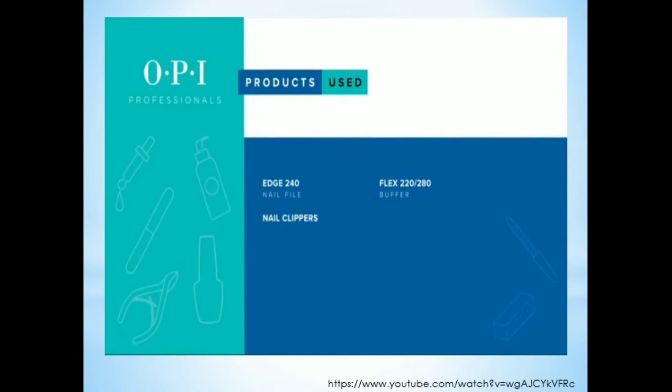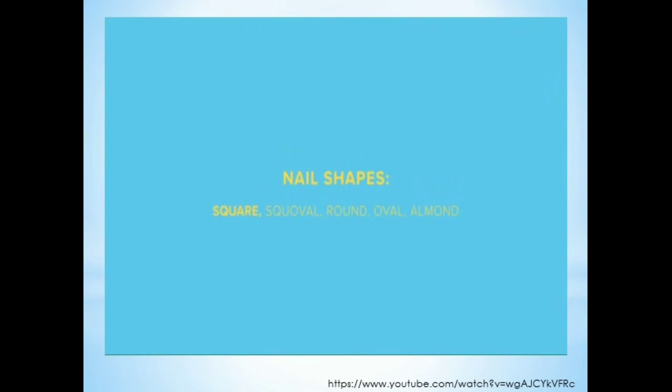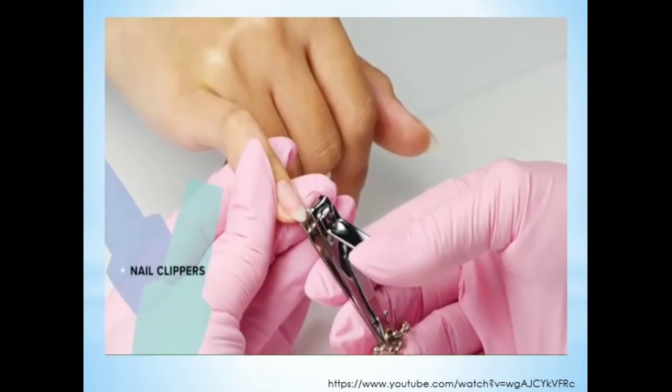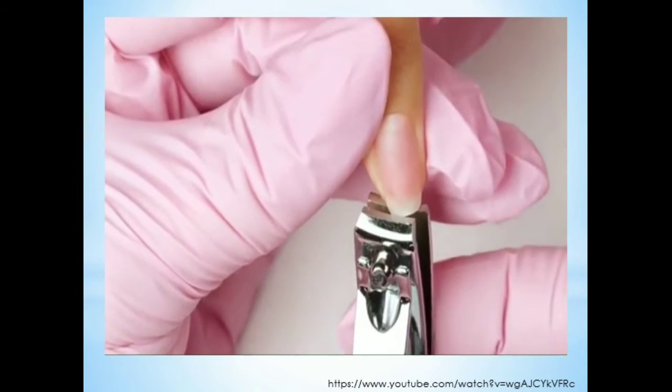Understanding how to properly shape nails is an important part of any manicure service. Not only do you have to consider the client's personal preference, but you must consider the nail strength and its structure. Here, you'll learn some basic shapes that are elegant yet functional. Square nails are flat on top, with straight, sharp corners. This is a popular shape for those with short nails, or long nails, or narrow nail beds. Trim nails to cut on filing time. Start by cutting the sides and then the center if needed.